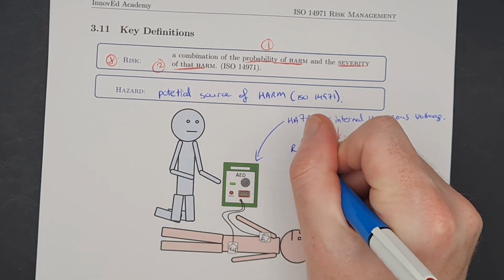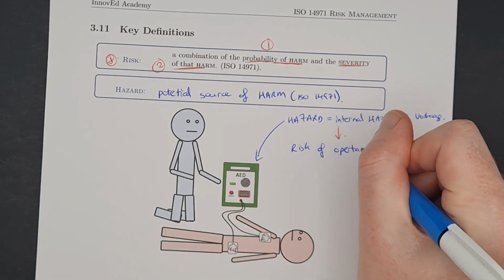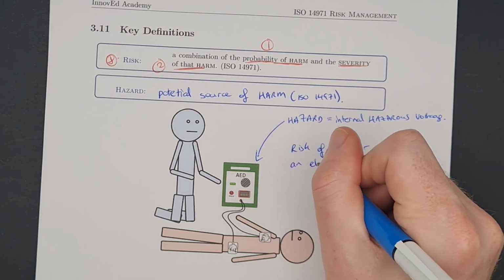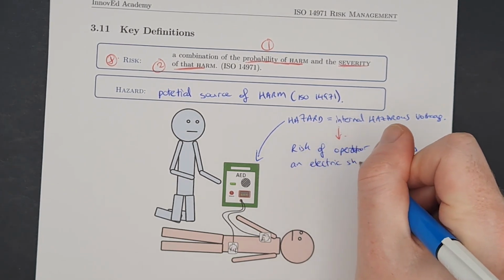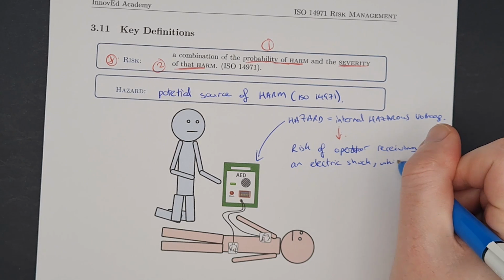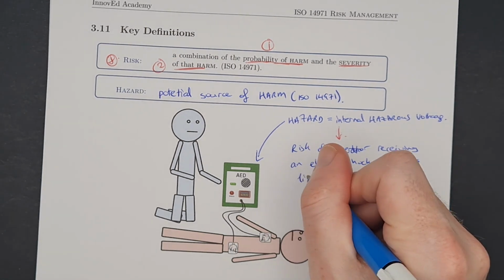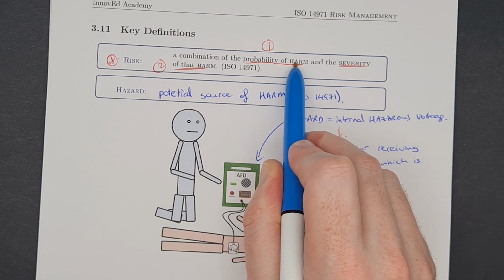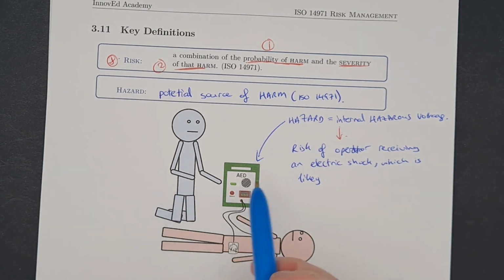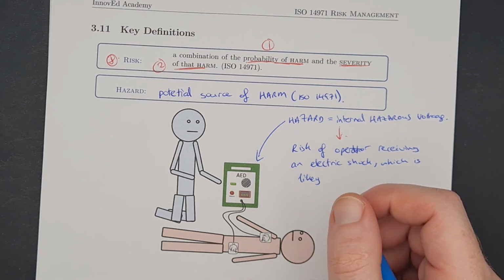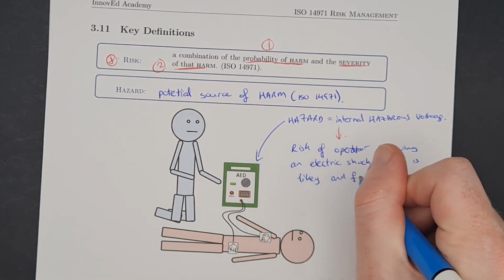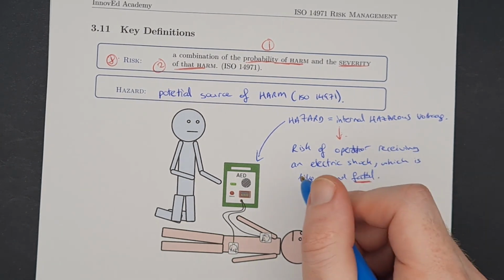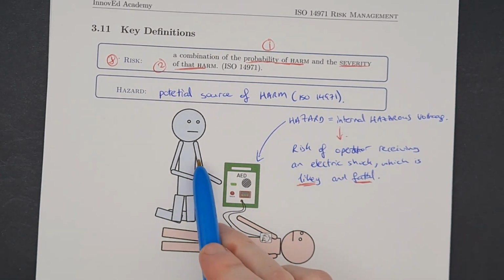When we think about that risk, we ought to think about it in terms of probability of harm and severity of harm. So we can say that there would be a risk of the operator receiving an electric shock, which is likely, we'll say, the probability of that harm prior to the implementation of risk controls. You'd have to say it's likely. And also, it could be fatal. And if you didn't classify it as fatal, you'd have to classify it as fairly severe